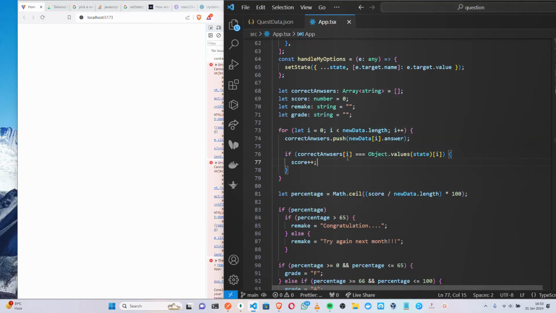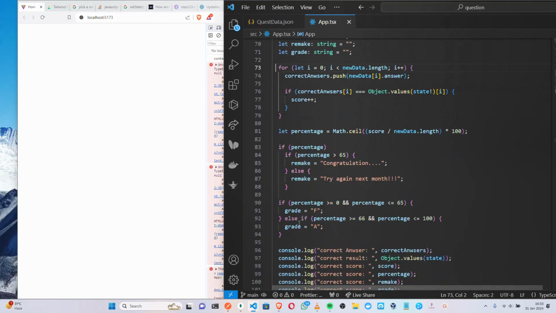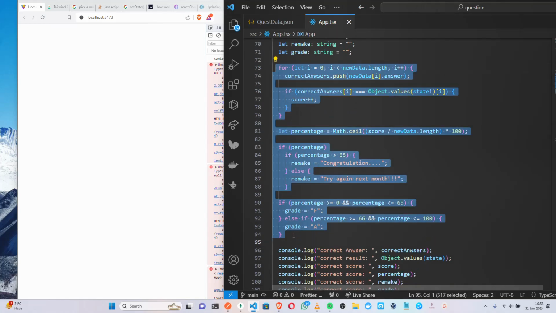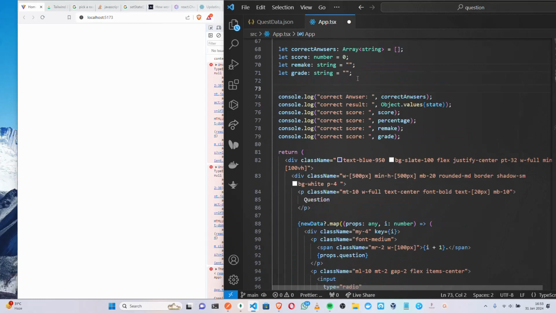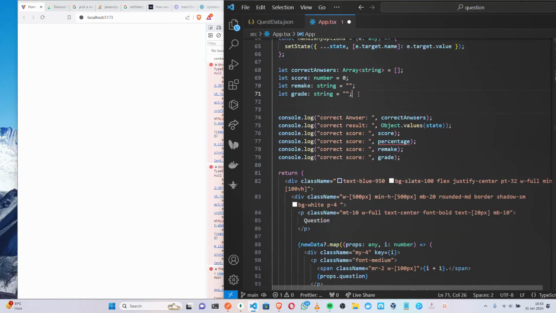Okay, so why is this crashing? At this level, there is no header, right? And we're getting the object, right? So what we're going to do is definitely everything from here to here will be cut off, right? I mean, and we're going to put it